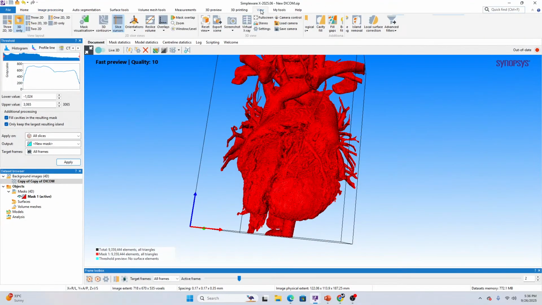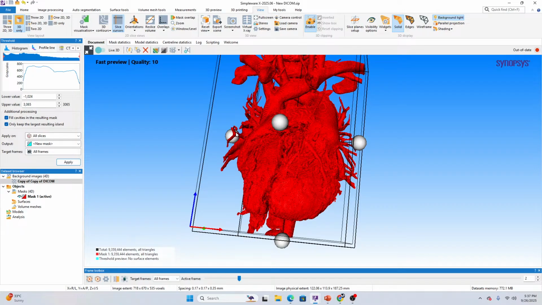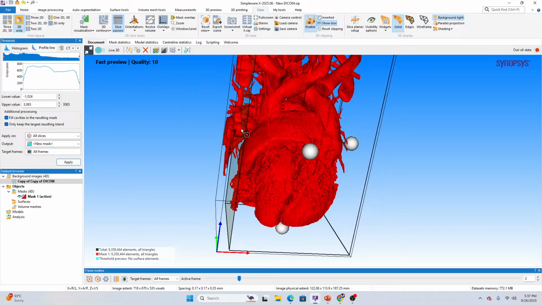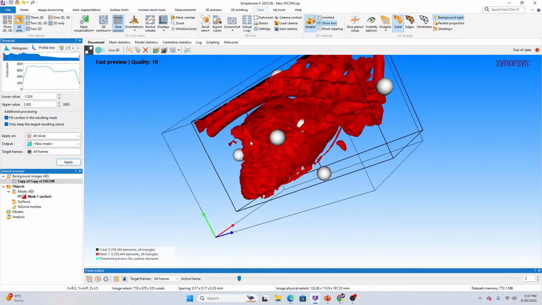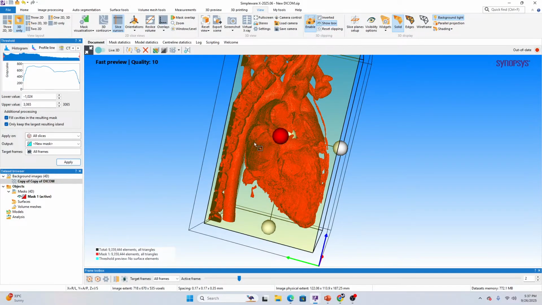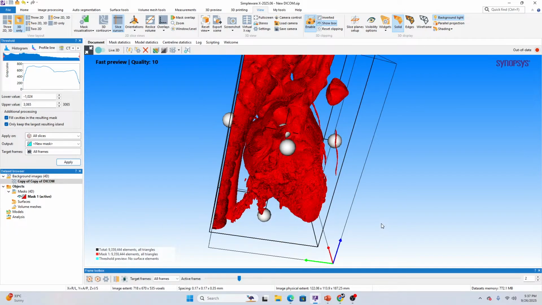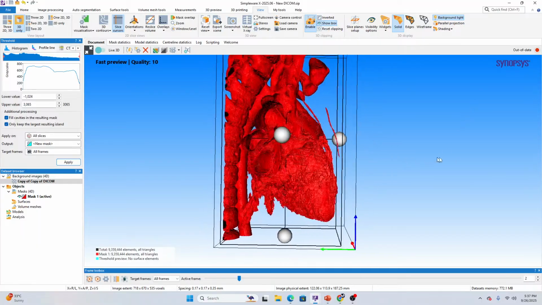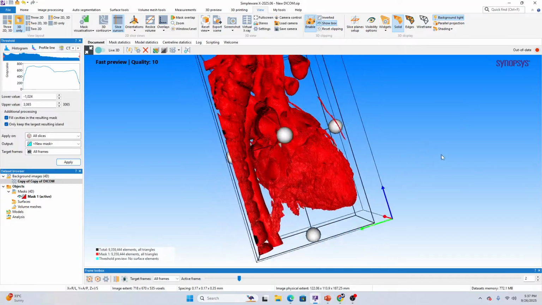Apart from this, if we need to directly check the internal features, we can anytime enable the 3D clipping and check for the features. Similarly, the 3D clipping can also be used to select out the frame and cut it accordingly. Whenever we are using it, we can directly go inside the dataset to see the internal features. This particular model can be created in the least amount of time. So this is the basics of Simpleware, and how various tools can be used to further optimize the results